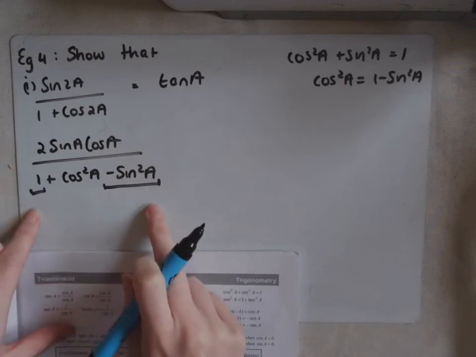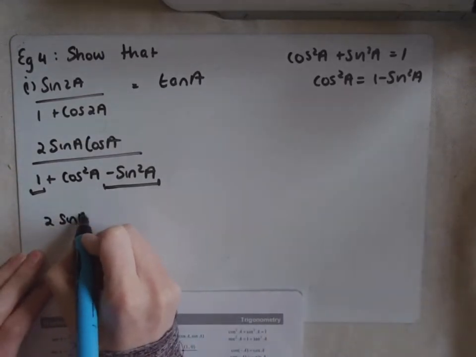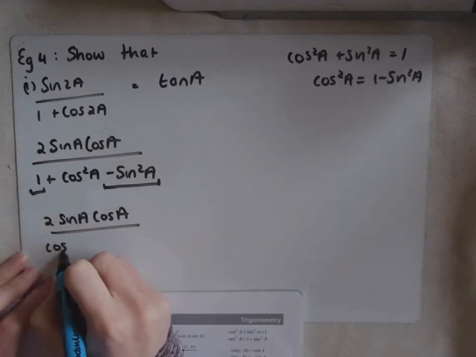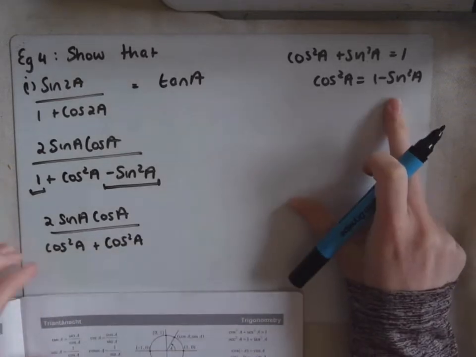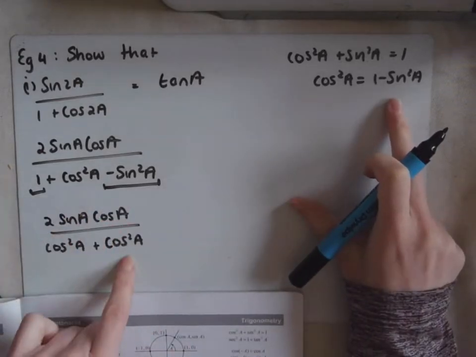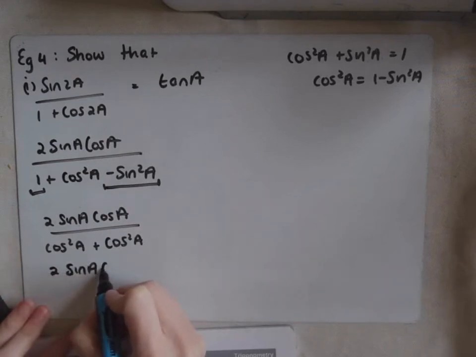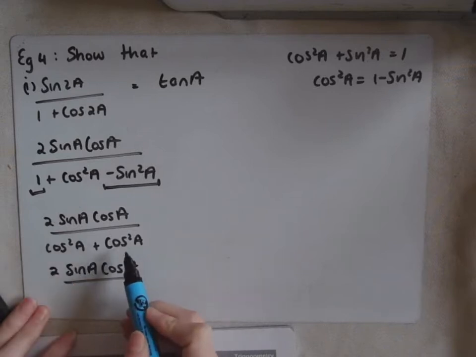So 1 minus sine squared a is actually cos squared a. So on the bottom, what I'm left with is cos squared a plus cos squared a, because 1 minus sine squared a is cos squared a. So I end up with 2 sine a cos a over cos squared a plus cos squared a,